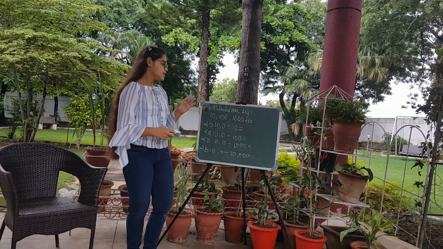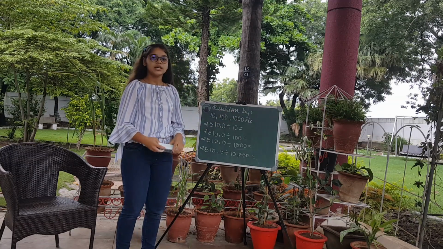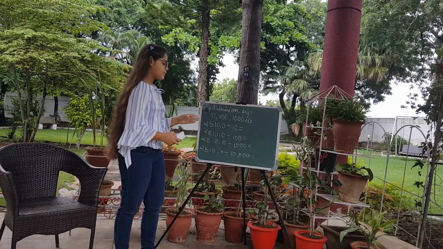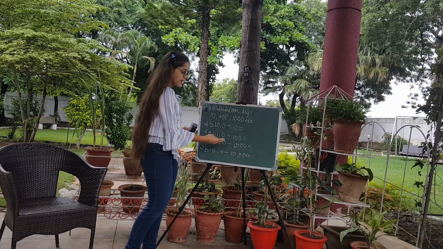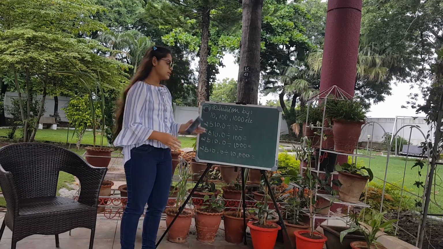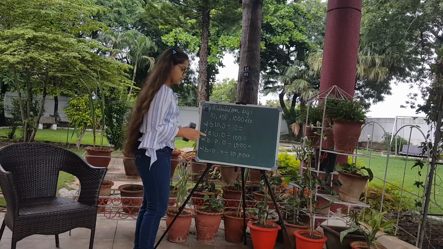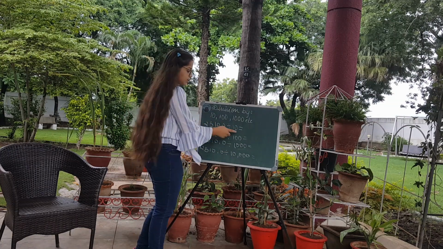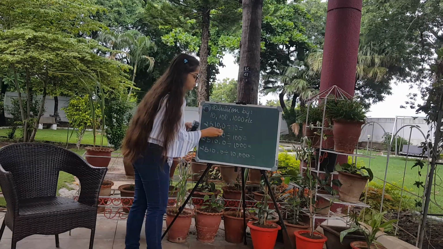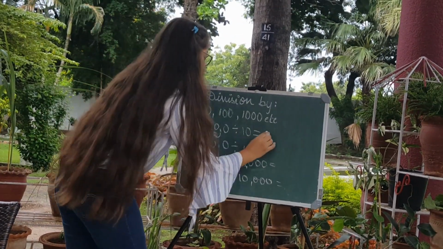Now let us see division of decimal numbers by 10, 100, 1000, etc. Just now we saw how to multiply it by 10, 100, 1000, etc. So we shifted the decimal point to the right. We have to do just the opposite while dividing. We have to shift the decimal point to the left. As many zeros are there, that many digits we have to shift. So here we have 10, with 1 zero. So we have to shift the decimal point 1 digit. So we will get